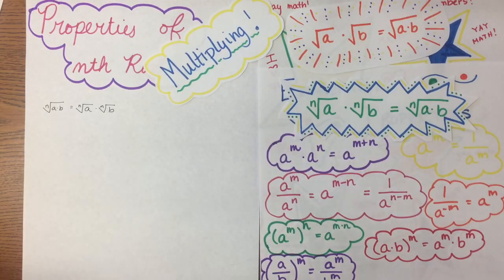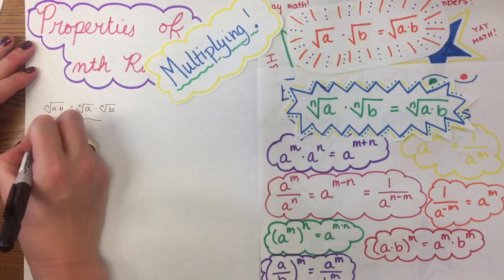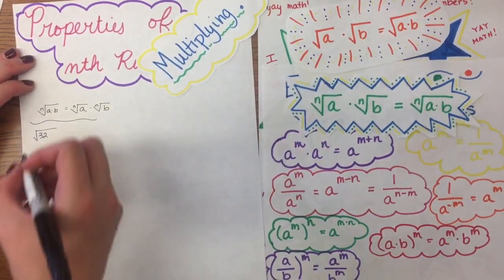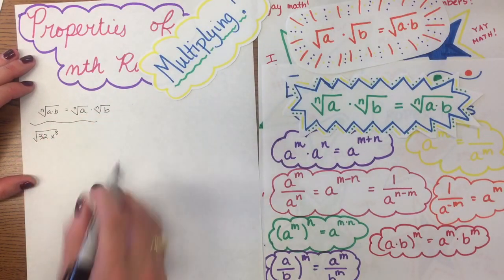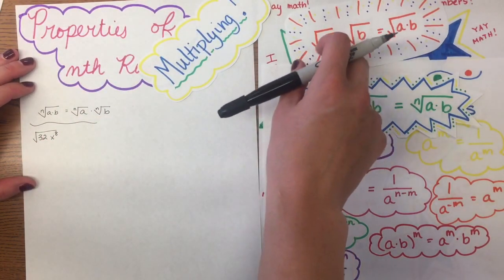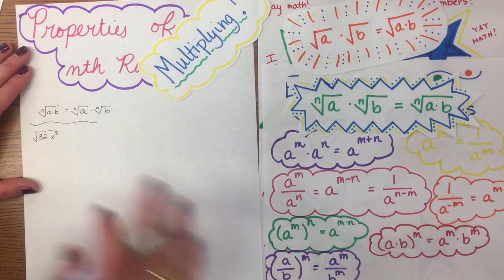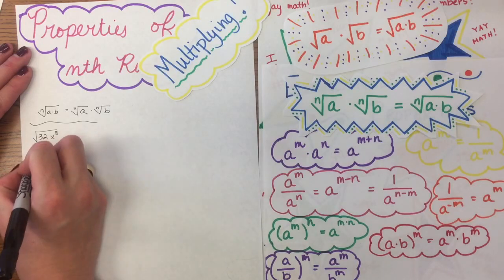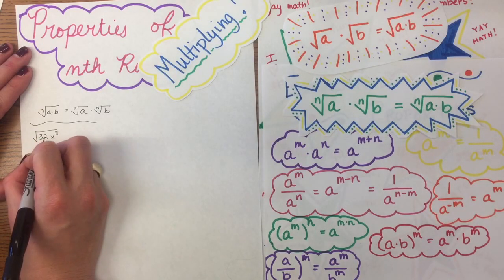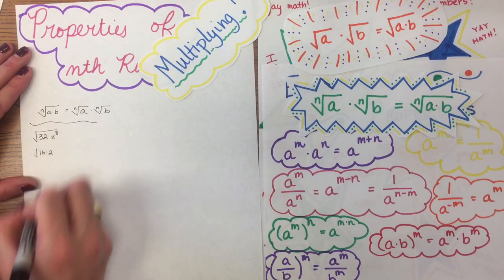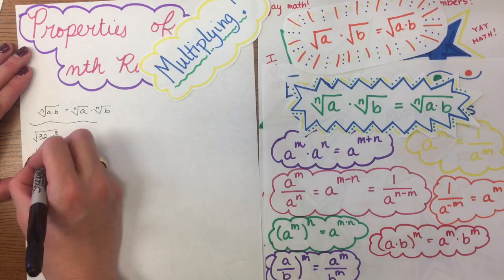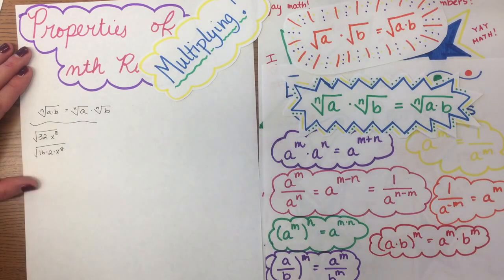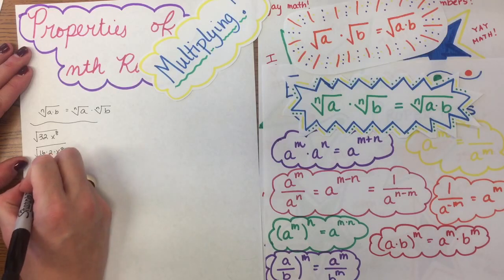So in our first example, I want to look at the square root of 32x to the 8th. This is a square root rule. We've already used this and we've already done similar things, but just as a refresher on how we work with this, I can keep this all in square roots and turn this into the square root. If I want to write 32 as a perfect square times something else, 32 is 16 times 2, and I know 16 is a perfect square, times x to the 8th. And I know x to the 8th is also a perfect square. So then I could rewrite this